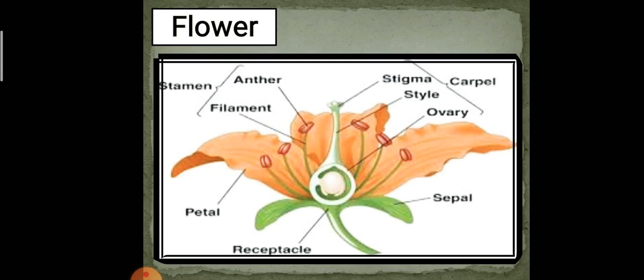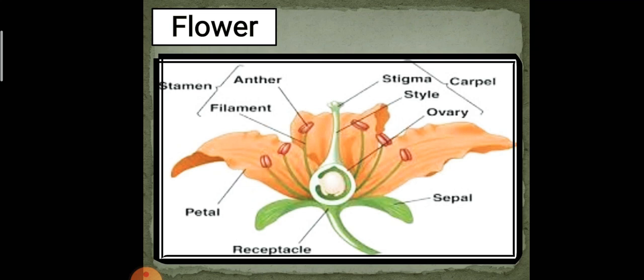But these two whorls are not that important for sexual reproduction; the other two essential whorls, androecium and gynoecium, are. The androecium's individual member is known as stamen, which consists of two common parts, anther and filament. There is one more part, known as connective. We will discuss it later. The gynoecium, the female reproductive whorl, has an individual member called carpel or pistil, consisting of stigma, style and ovary. Those parts we will also discuss later. But this is a typical flower.